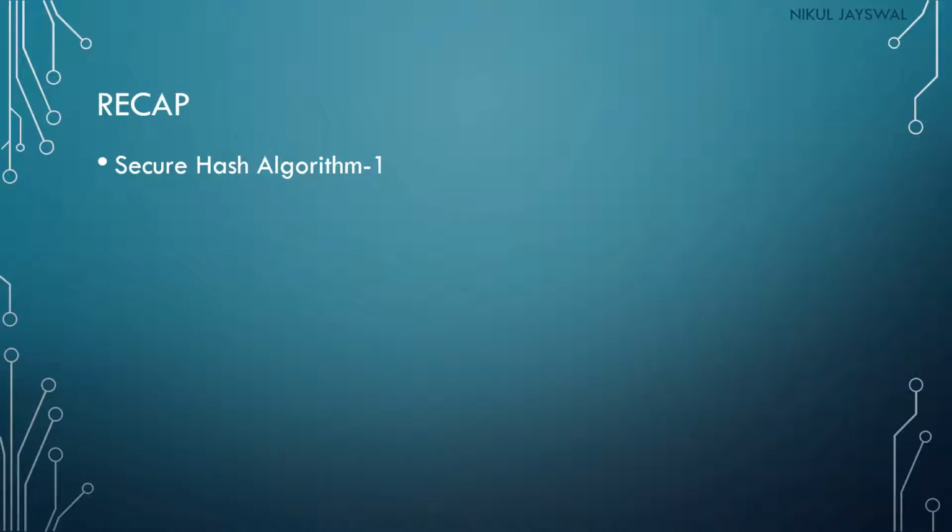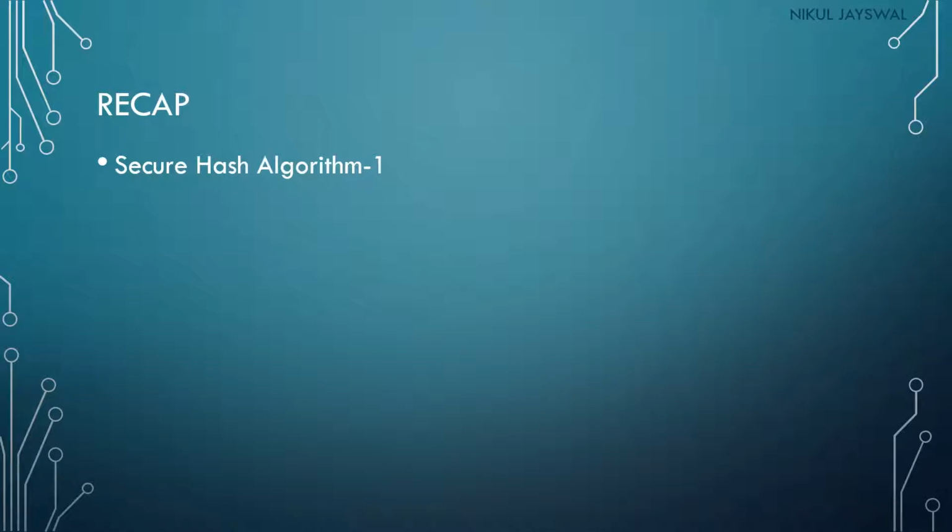Now the SHA-1 algorithm uses 80 rounds to produce the hash value, and it takes a message of less than 2 raised to 64 bits, and the message digest or the hash value developed by Secure Hash Algorithm 1 will be 160 bits. So in the previous lecture, we also discussed the importance of the hash value.